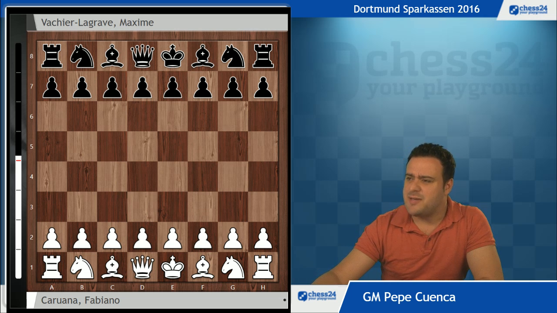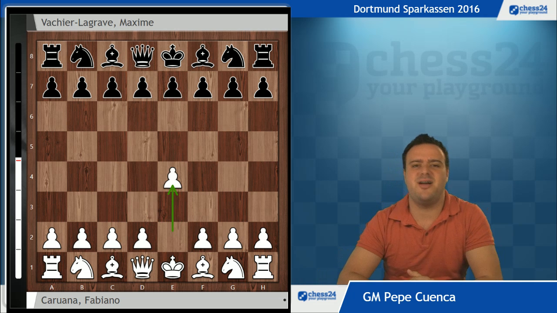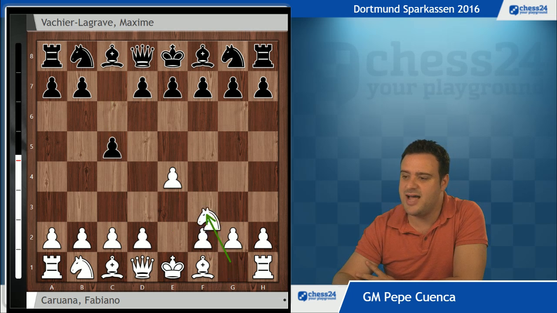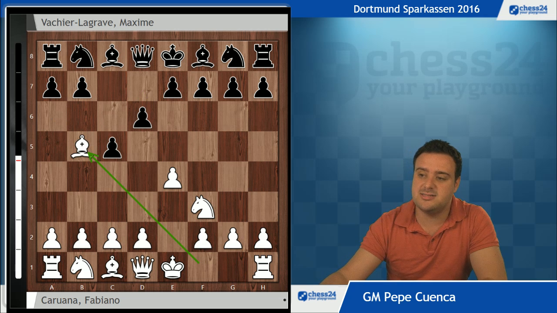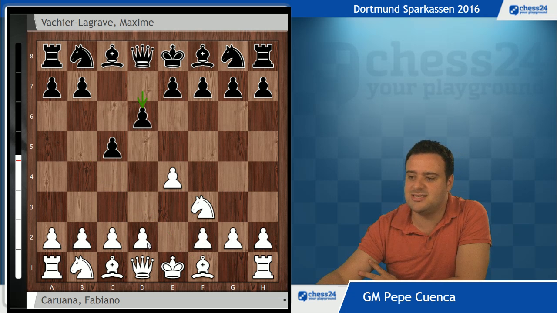So, Fabiano Caruana decided to open with e4. You guys know Fabiano is a very aggressive player, and Maxime replies with his favorite opening, the Sicilian. c5, knight f3, d6. As you guys know, for example, bishop b5 is one of the lines that Magnus Carlsen is using a lot against this Sicilian. It's a pretty solid approach, but of course the main line is d4, opening the center, c takes d4,